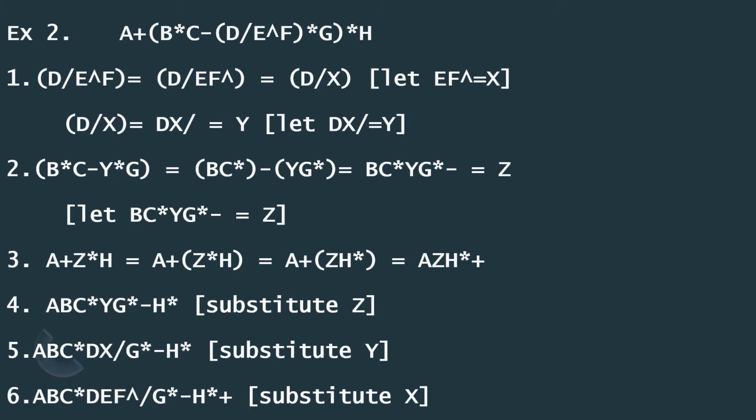Now we will just substitute the values for z, y and x. If you substitute the value for z, it becomes abc into yg into minus h into. And if you substitute the value of y, we have already taken y is equal to dx division. We'll just substitute that value. In the next step, we'll substitute the value for x. So finally, you'll get the expression as abc into def exponentiation division g into minus h into plus. So this is your